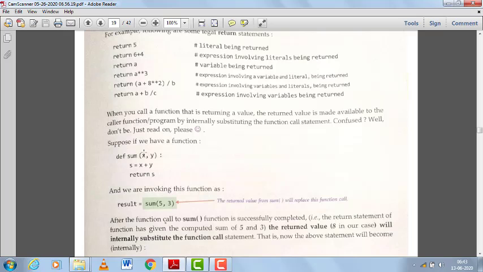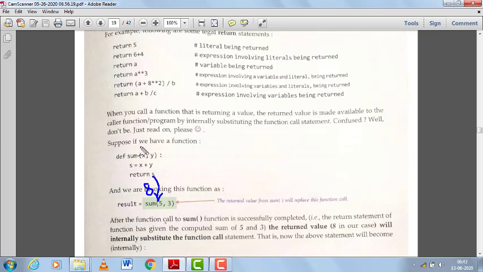Now what happens inside this, the values of x and y will be added and stored into variable s. Return s, the value of s will be returned by this function, and the value will be returned to which place? Where this calling of the function occurs. That means this place. And what will be the value returned by this function? 5 plus 3, which is 8.